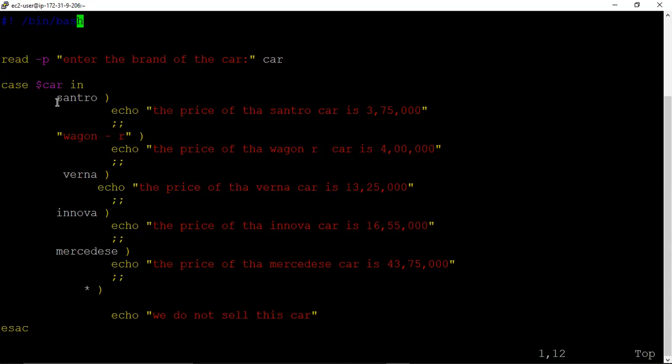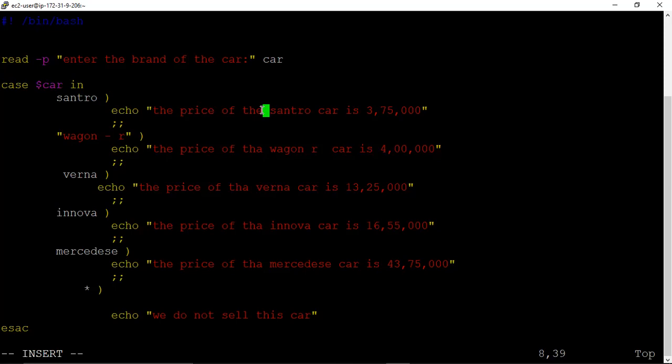Variable is Santro. Then what is the action, the price of the car. The price of the Santro car is 3,75,000.